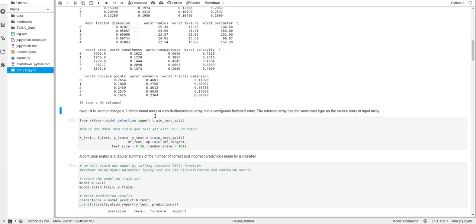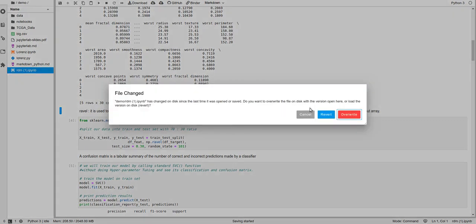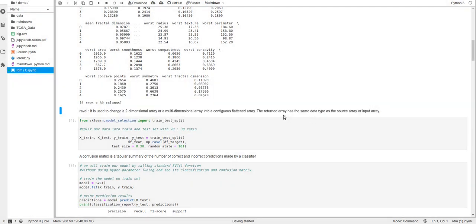Now we will split our data. To train our model, we have to split our data set into a training set and a testing set. So we will import train_test_split from sklearn model selection, right?